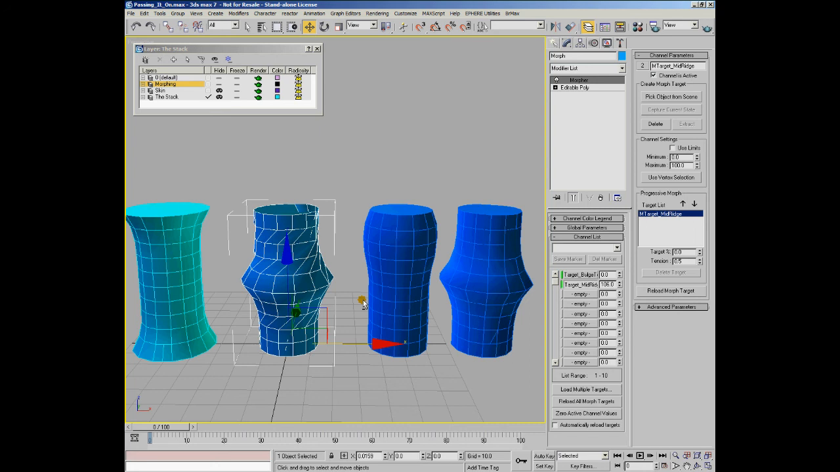And you've got to be very careful when you're building morph targets, especially that you don't change the topology in any way, and you've got to be careful all